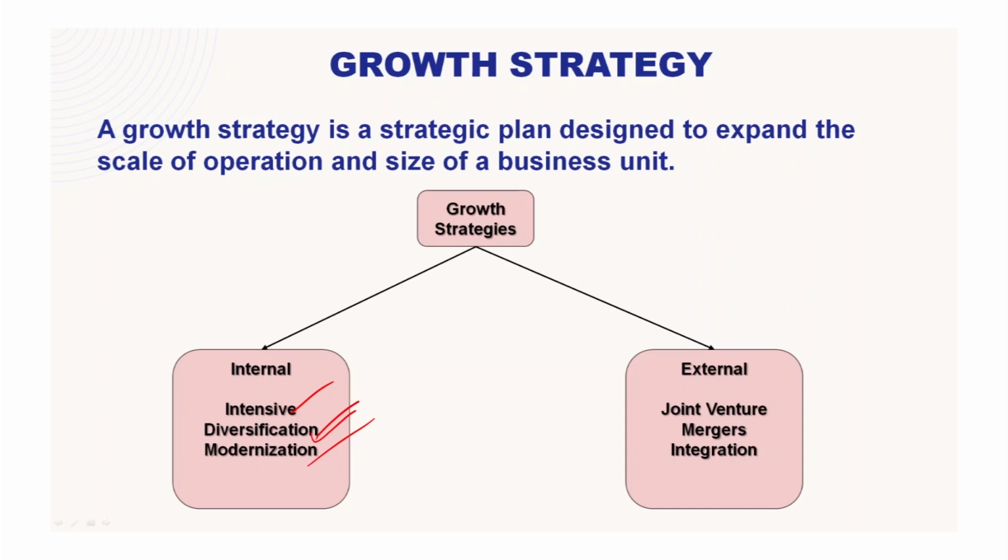In diversification, we have seen how the company is extending the product line. We have taken two examples, one of Reliance Industries and one of Nokia. Diversification means you are coming up with a new product and developing the market for the new product, like Reliance Industries started as a textile company, and as of now they are in different sectors.